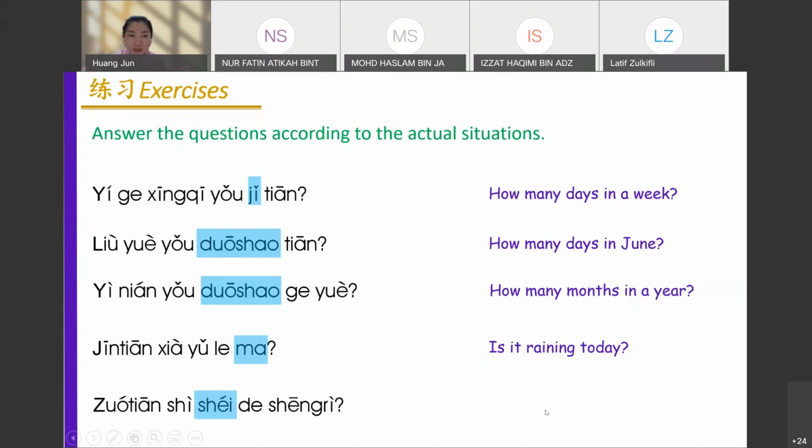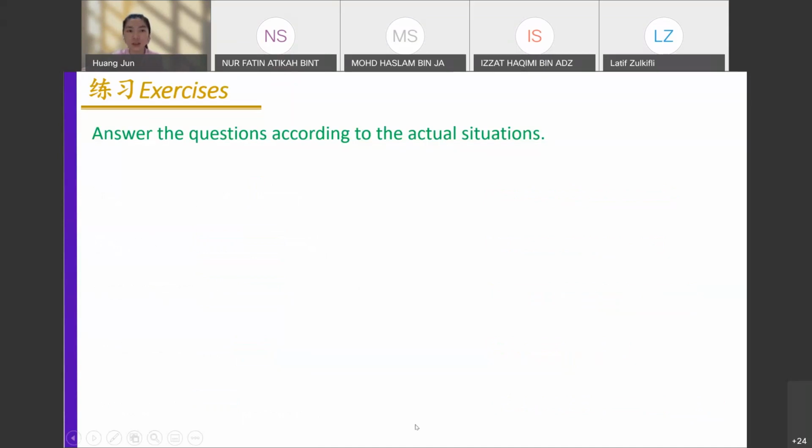So if you say yesterday is my birthday, we answer 昨天是我的生日. So you put your answer here. If you say yesterday is Farah's birthday, then 昨天是法拉的生日. Very easy ones. Then continue with it. 今年是哪一年? We taught you last class.